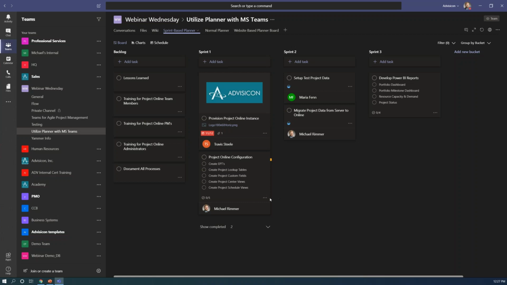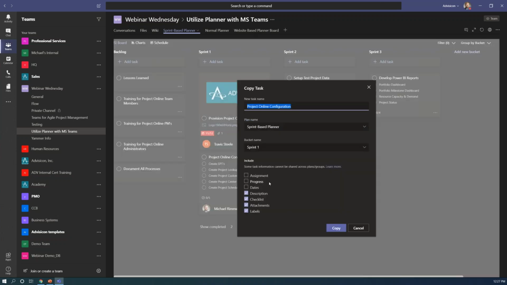Microsoft has created the ability to copy a task. So maybe as a workaround for right now, you can go ahead and click on the task detail, the little ellipsis, copy this task. And actually what's kind of nice about this is you can copy the assignment, copy the progress if you want, but don't copy the date for a recurring task.